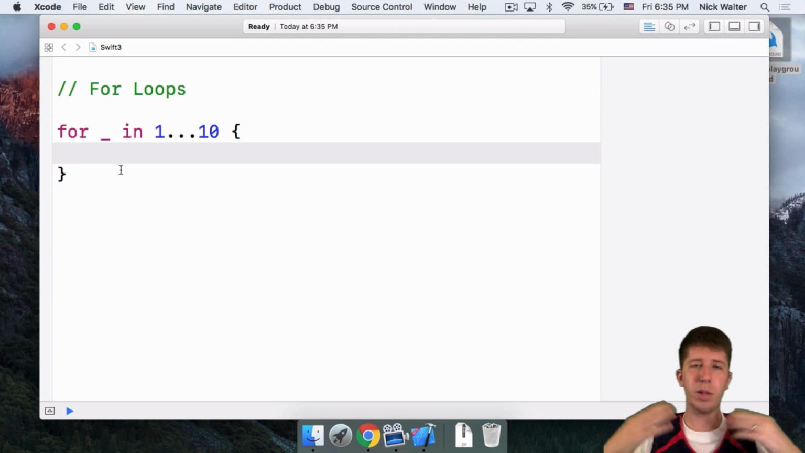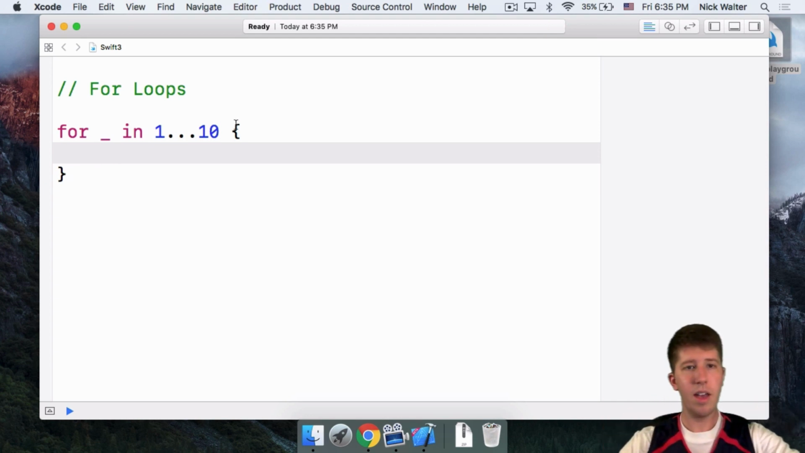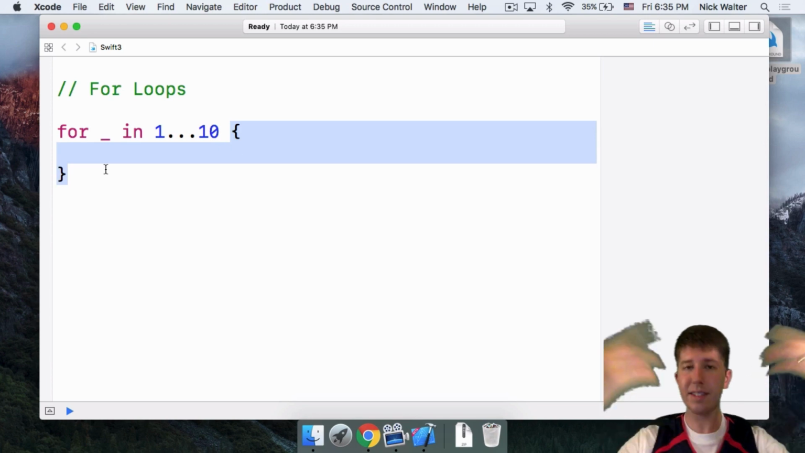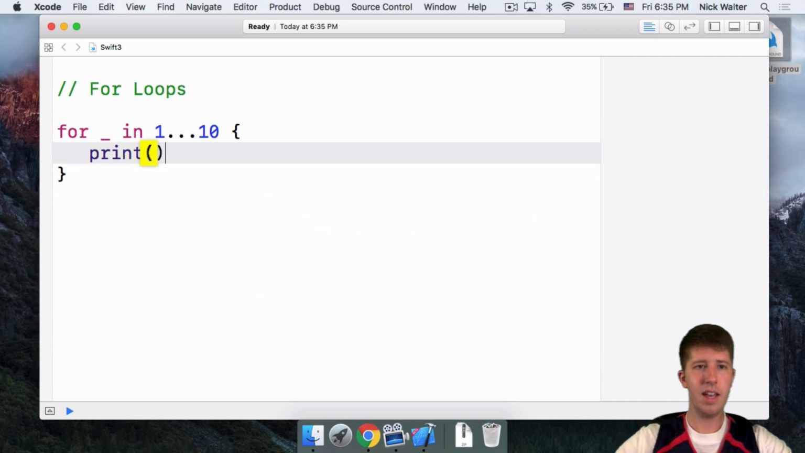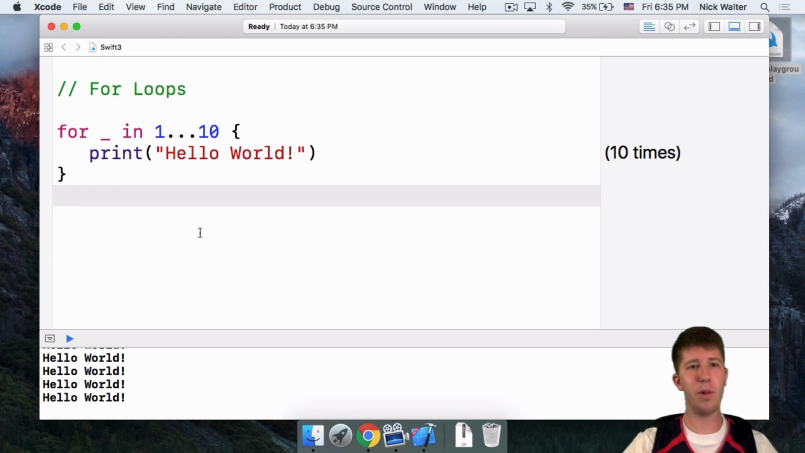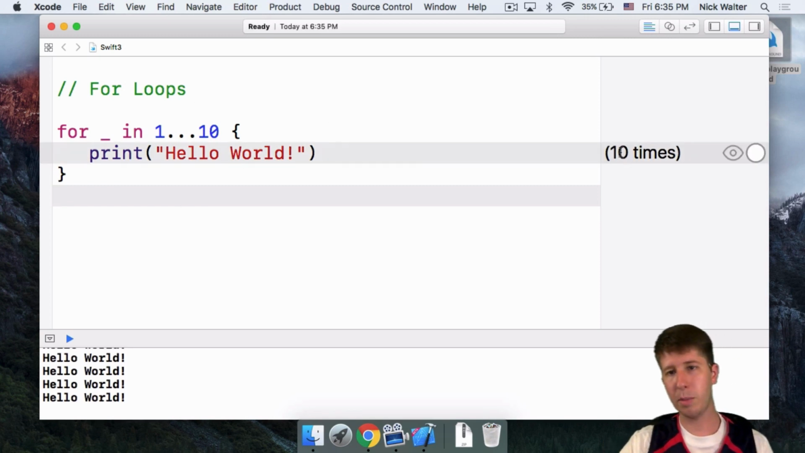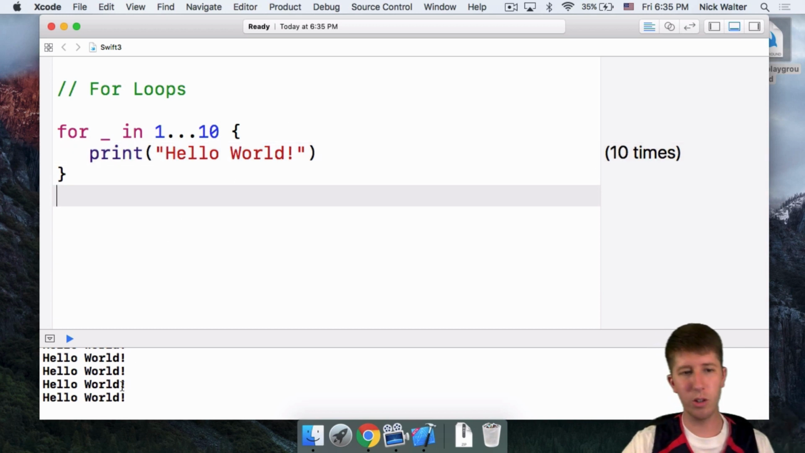So let's say I want to print something 10 times. Well, whatever code we have inside these curly brackets, this is what gets looped. So right inside of here, I'm going to say print, and I'm going to put in here hello world, the most classic programming example ever. And you can see this is kind of cool. So Xcode showing here on the right side in the playground, this was run 10 times. And look, down here at the bottom of the console, you can see hello world was printed out 10 times,